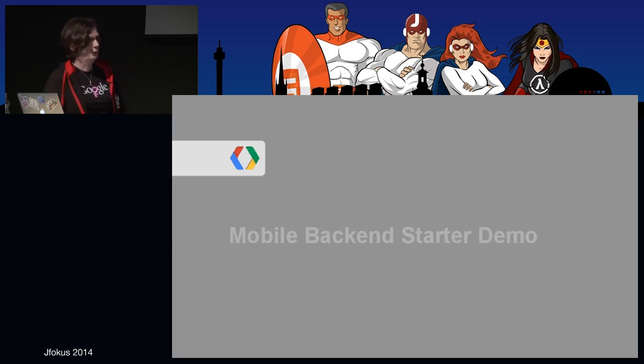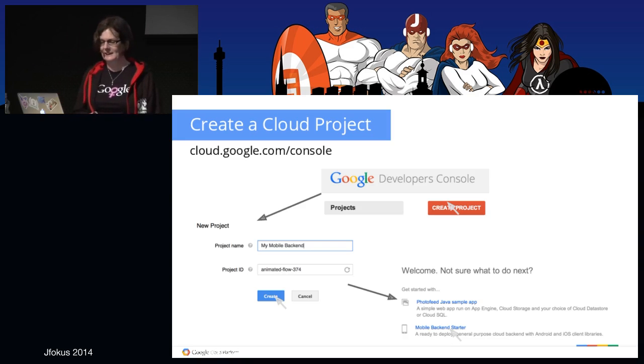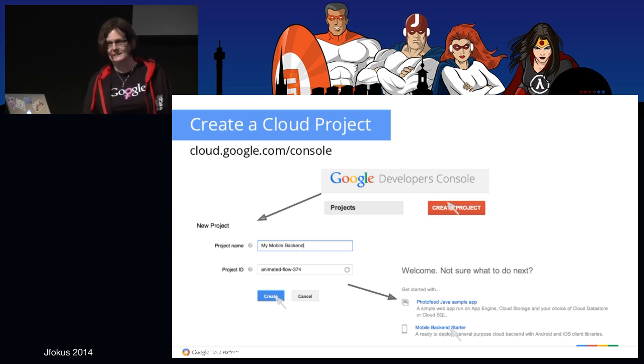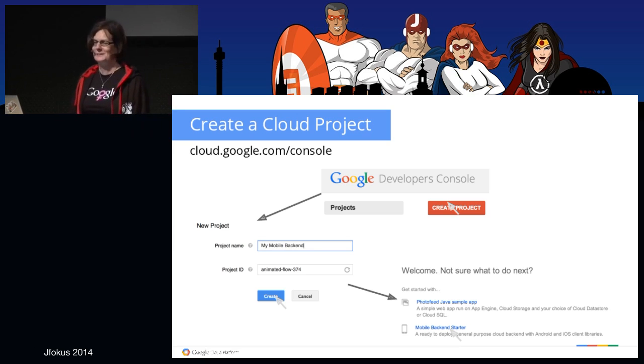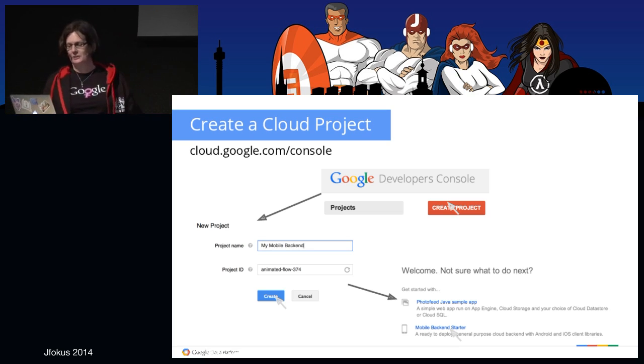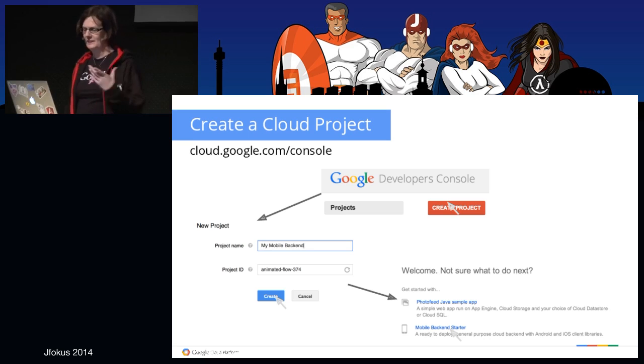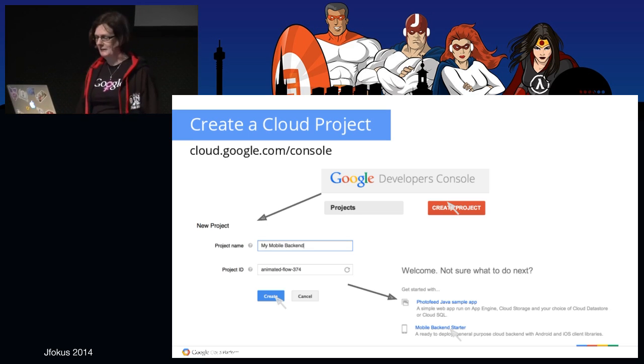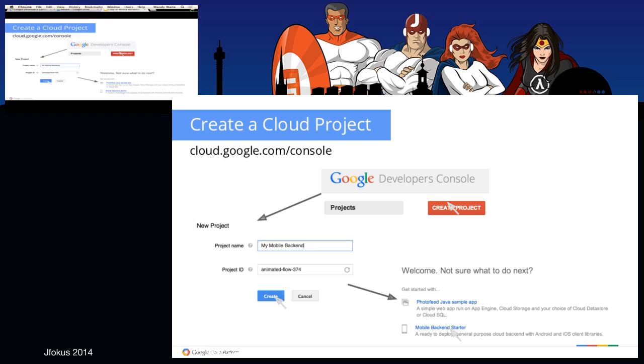So let's walk through how this works and see if the internet connection is going to really hold up for us. The first thing you need to do to make this work is create a cloud project in the Google Developers Console. I'm not going to walk through that step. It's very easy. Click Create Project, enter some information, the project name, and the project ID is automatically generated for you. Once you've done that, you have an empty project, and it makes a couple of suggestions. One of them is the mobile backend starter. You click on that, and